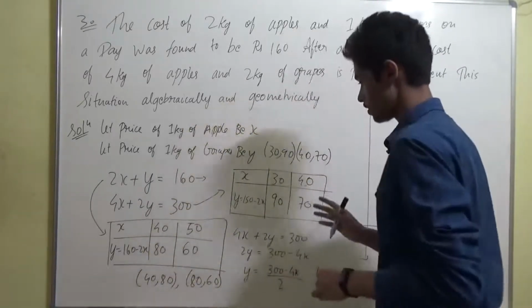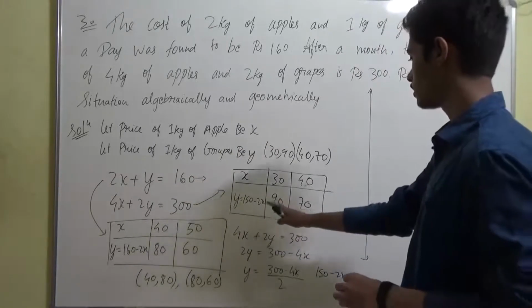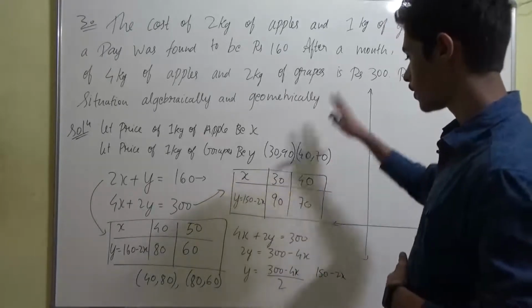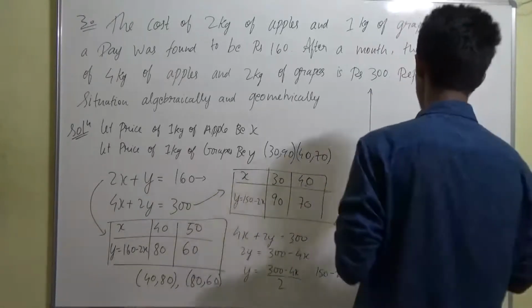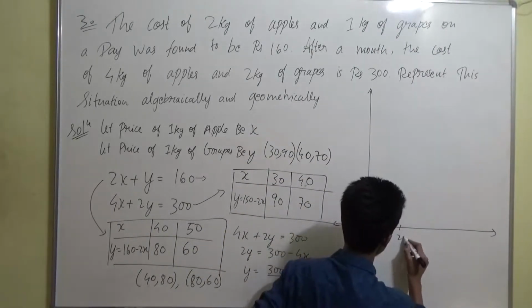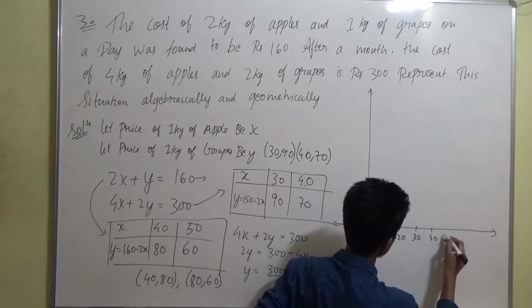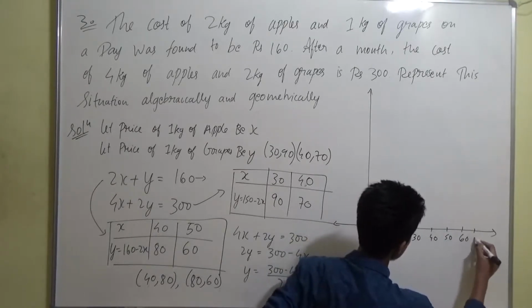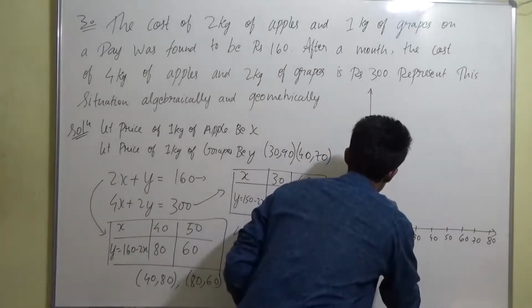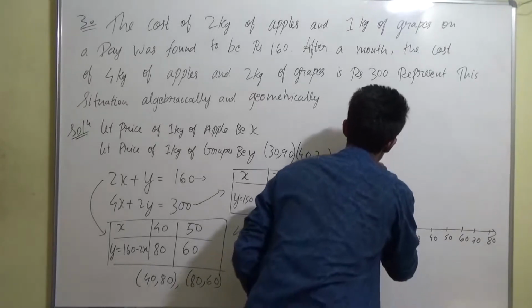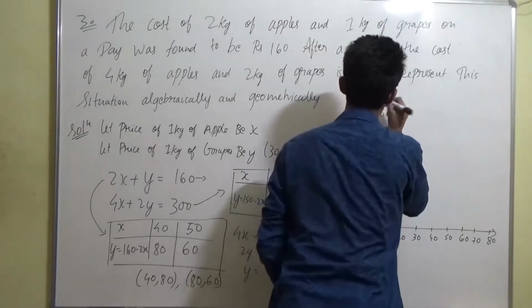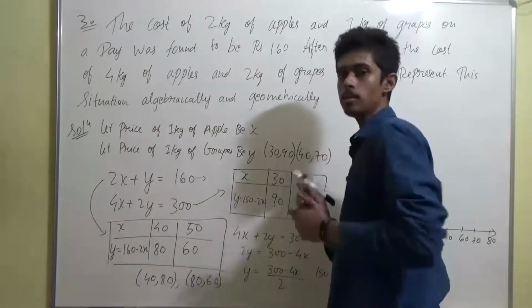The X values are going up to 80, so 80 is the maximum we will require, and Y is going up to 90, so upward we will require a bit more. Let's draw it accordingly, guys. 10, 20, 30, 40, 50, 60, 70, 80. Done. Here again we'll do it: 10, 20, 30, 40, 50, 60, 70, 80, 90. Done. Now we'll start plotting the points.